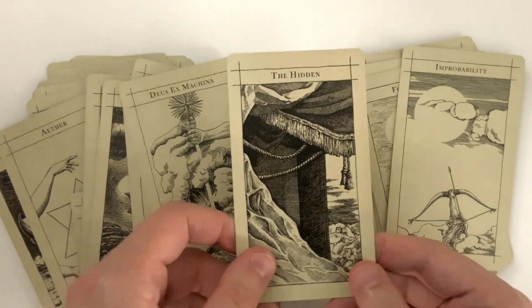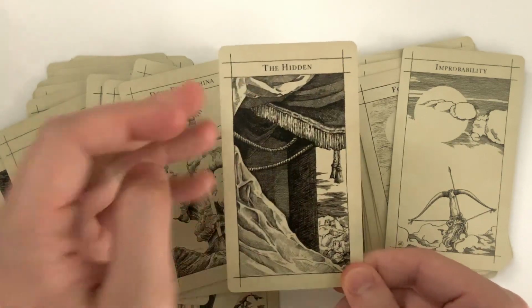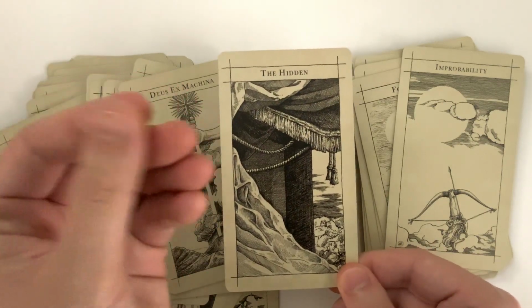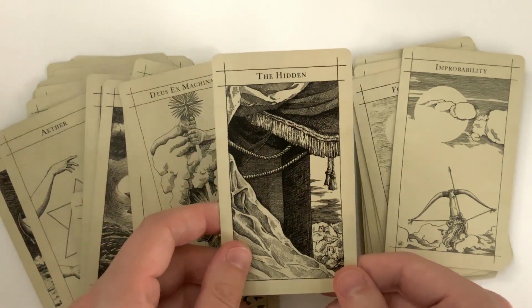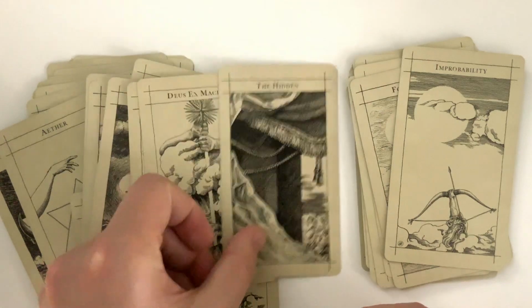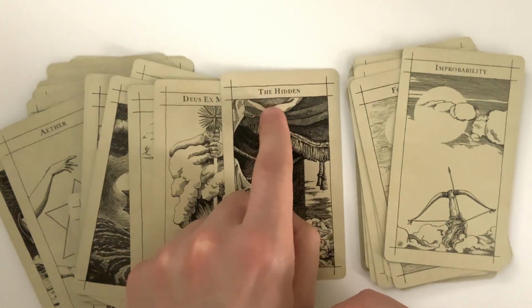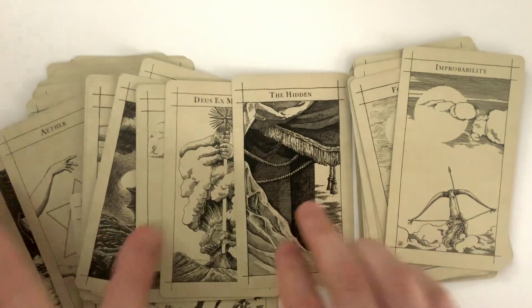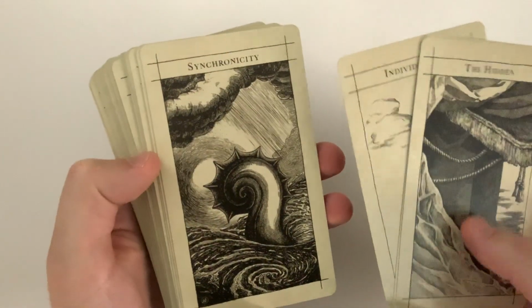So there is just one card really that needs the word the in front of it to make it something different. And it's just very subtly different. Whereas all of the other cards have a single keyword on them. Totally wild and super cool. And that is just the first of many things where you're like, why does that card have a the on it? Because if I were to only show you 4 images, and I showed you, as I stack them up, the hidden, Deus Ex Machina, individuation, and synchronicity,